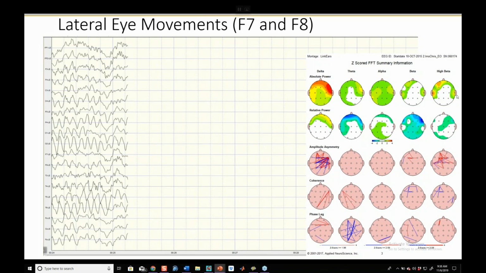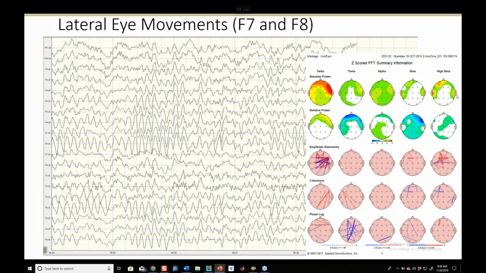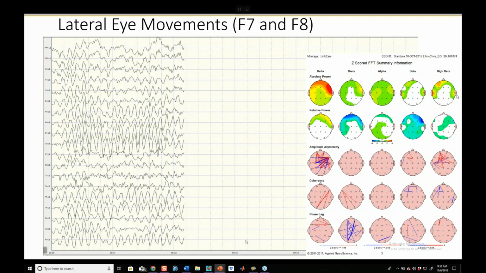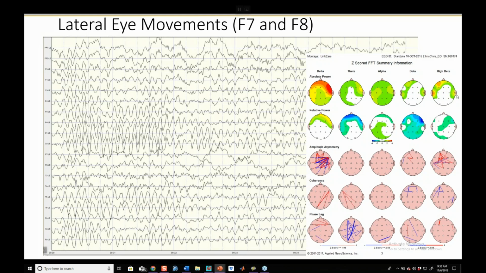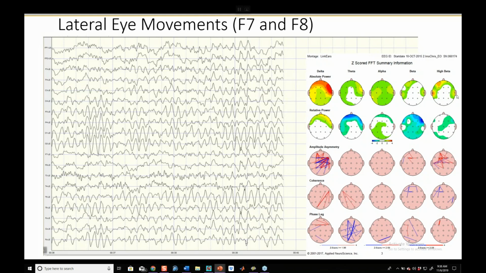And we can also see, again, if you look down, amplitude asymmetry is kind of getting thrown a little bit, saying, oh, we have some asymmetry coming from that right frontotemporal. Not really. We have some lateral eye movement that is asymmetrical to the rest of the data, right? So,